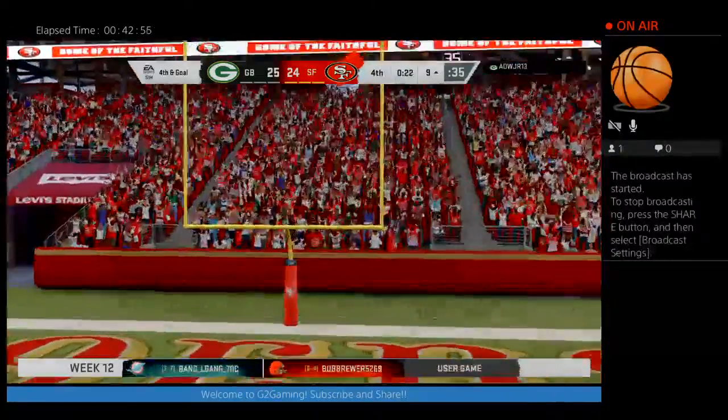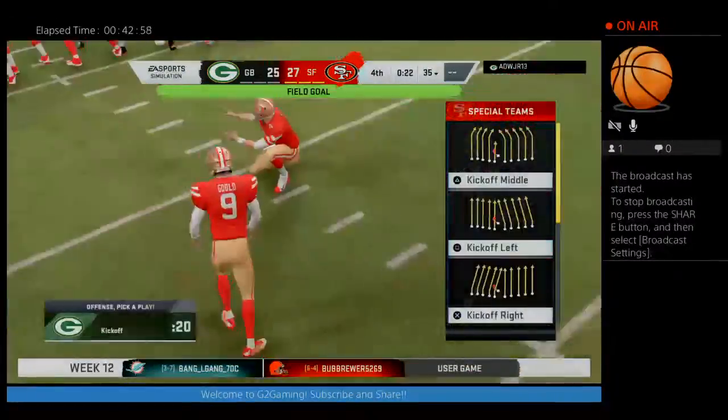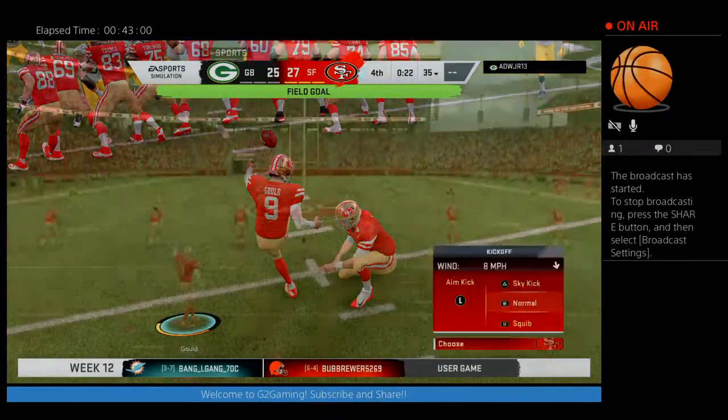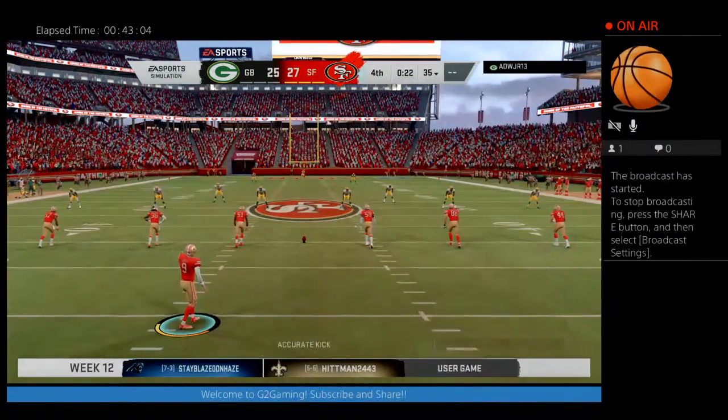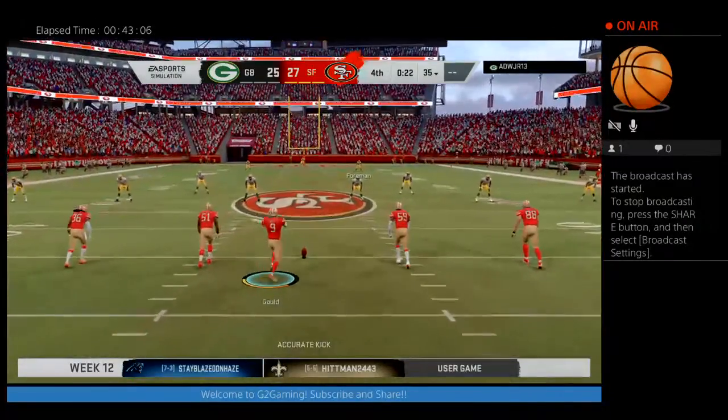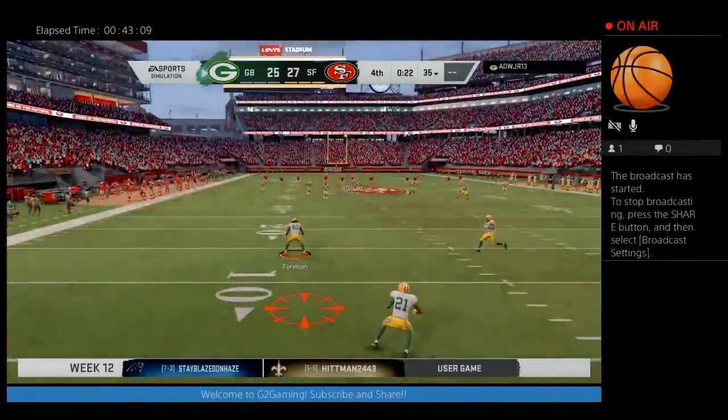And Gold is able to put it through. And the sideline celebrates as they have taken the lead in the final minute. All right, so time to reset here. It's a huge kick there, gives them the lead, but they've got to be careful that their celebrations aren't a